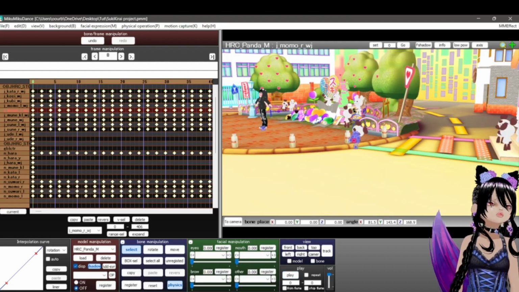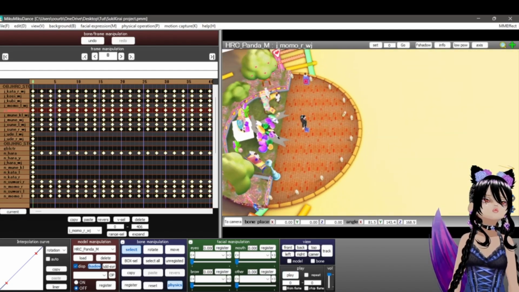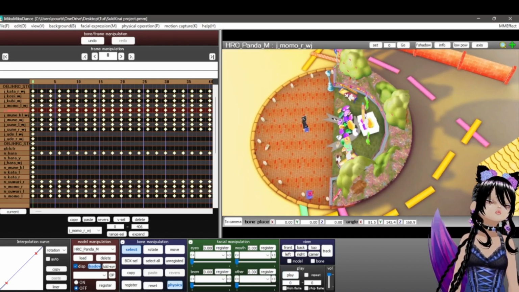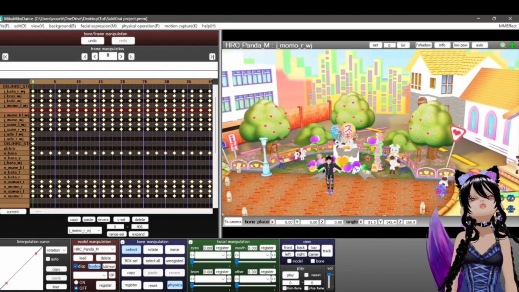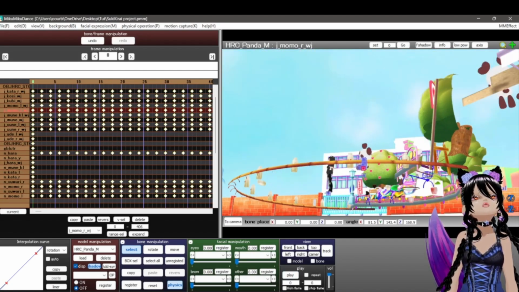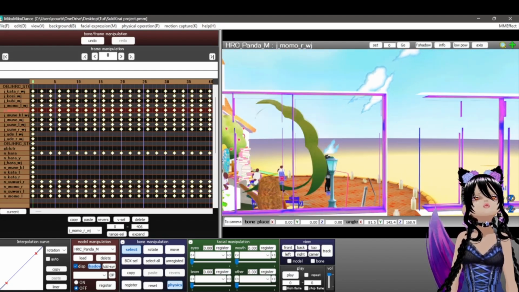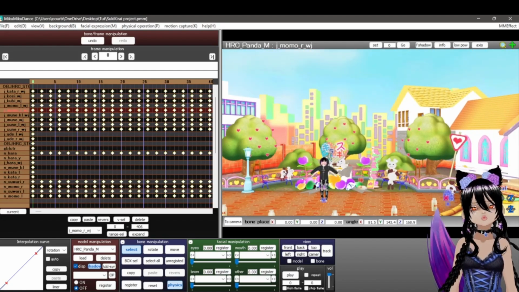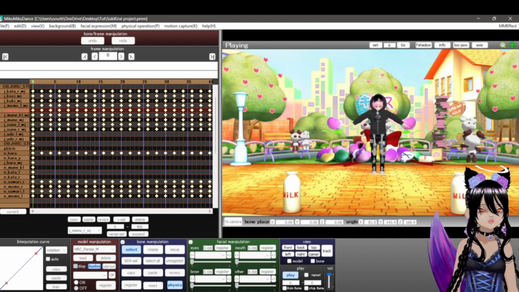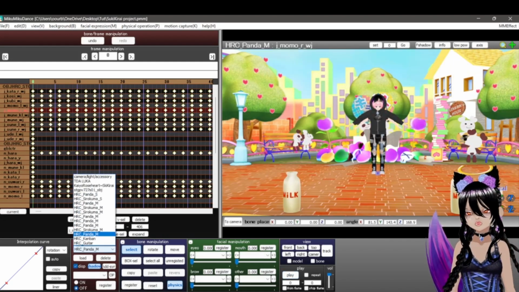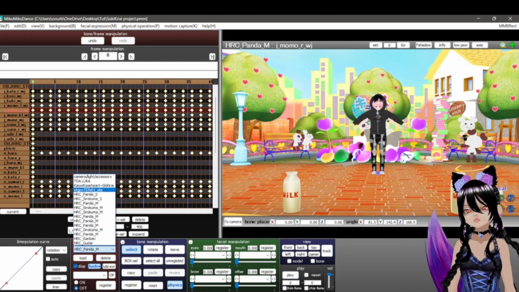So now that we have that done, I believe we have our stage pretty much set up and complete and ready. There are certain things that can be added to the stage, as I've seen. So if you want to play around with your stage a bit, if we go ahead and go to our stage,